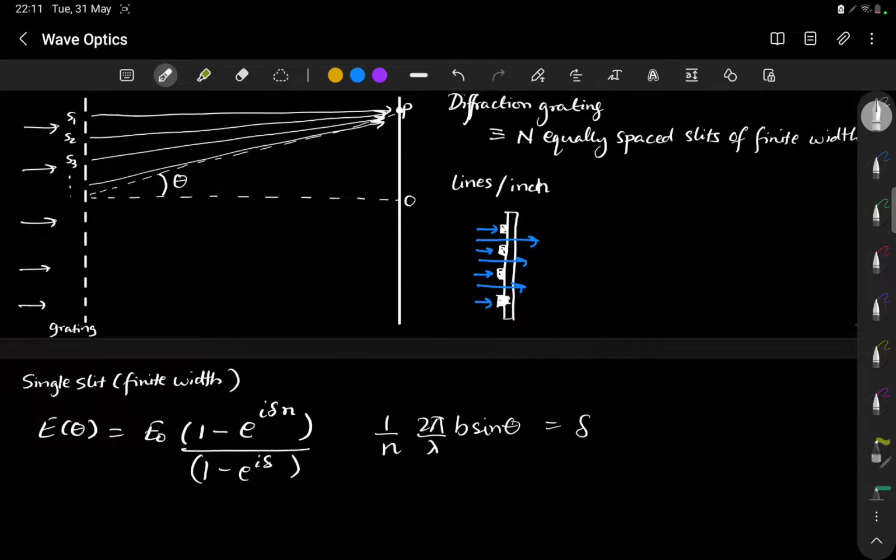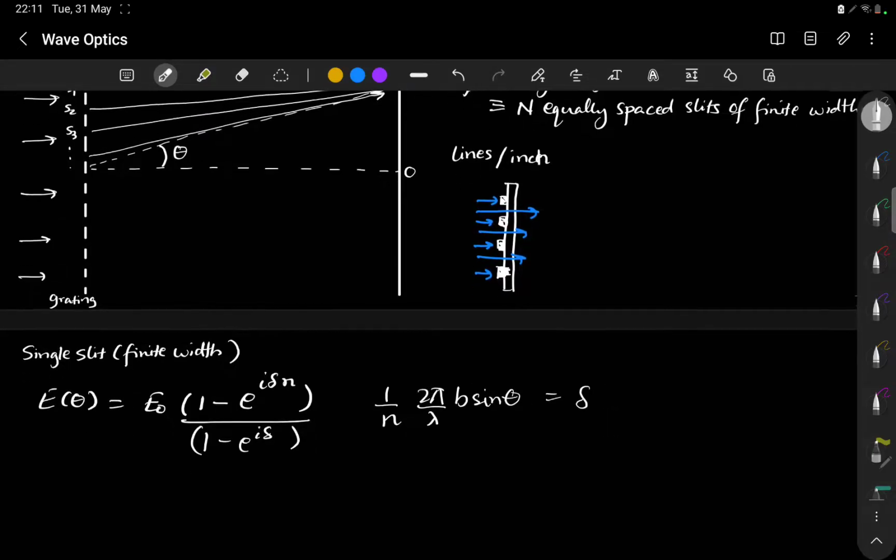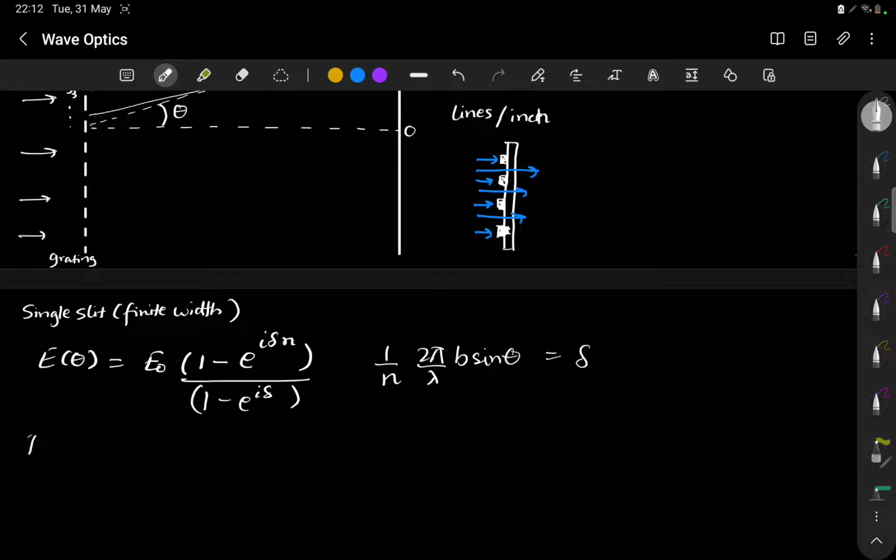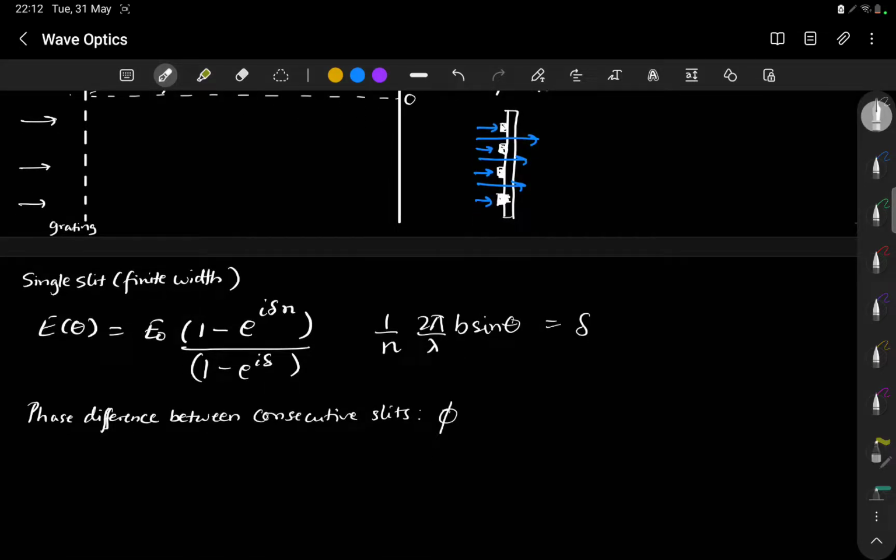So if we consider the phase difference between consecutive slits, slit 1 and slit 2, and if we call that equal to phi, so this phi will be obtained from